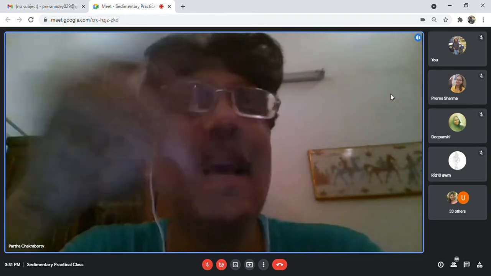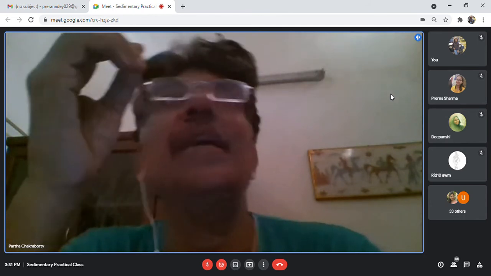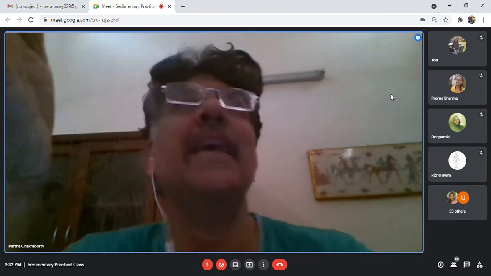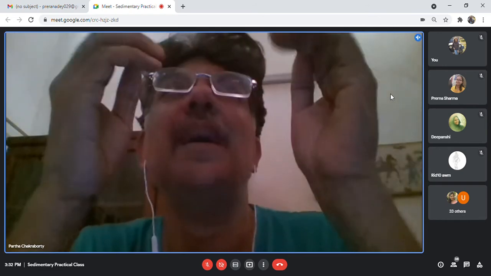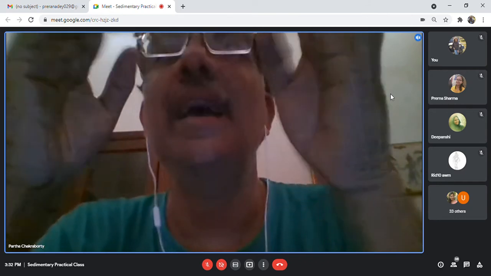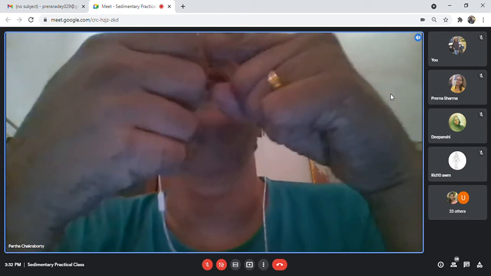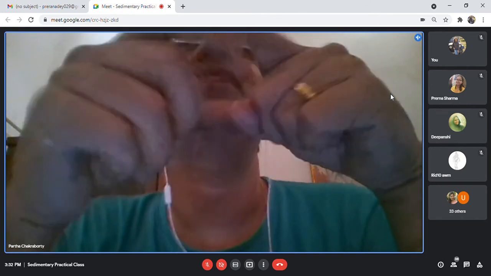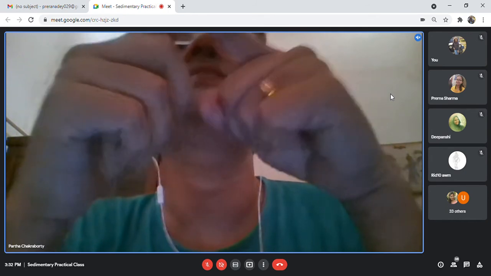Okay? And then it comes into the analyzer. In the analyzer, the E and the O rays come and the analyzer shows the phase difference between the two. Now, when the vibration direction of the analyzer and your ray are such that you are basically cutting the optic axis, that you are not allowing the optic axis, then you get the extinction.